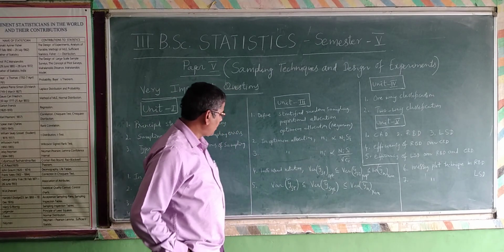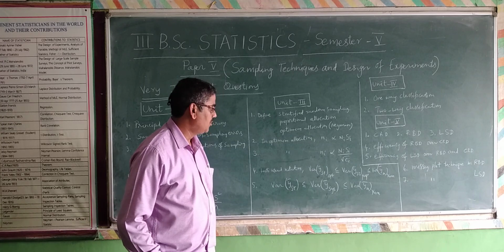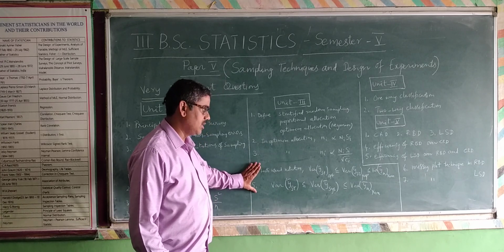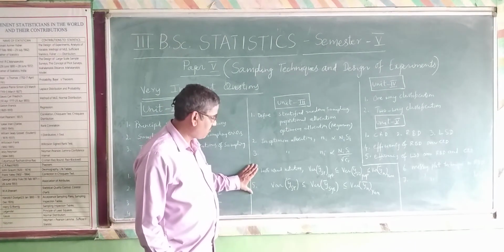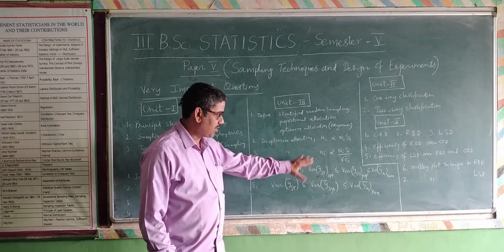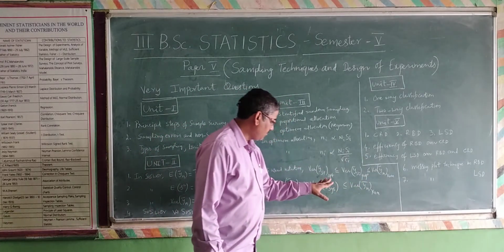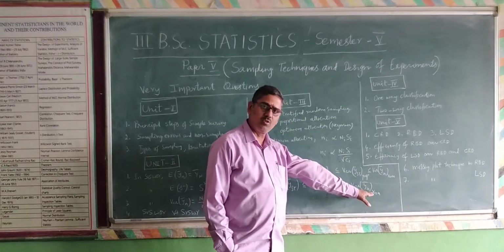And so of course there are some particular 4 or 5 questions given to you. You learn these two questions, they are compulsory. Most repeated questions, 4 and 5: the comparison of variances of optimum, proportional, random, systematic and stratified sampling. Random means SRSWR, simple random sampling.